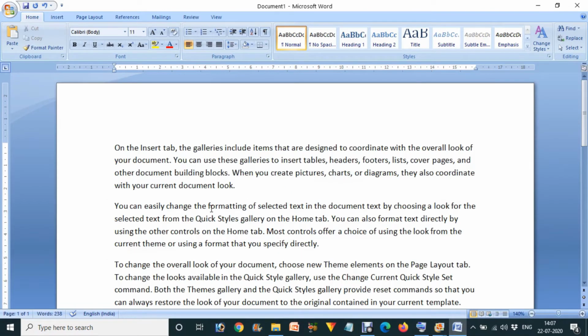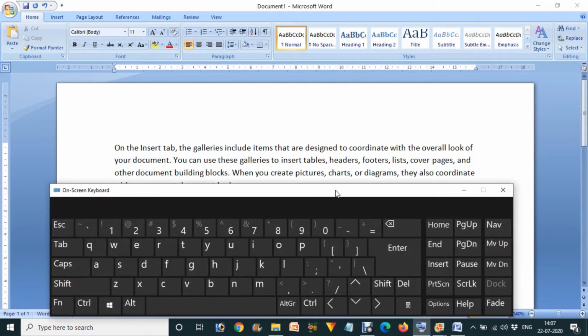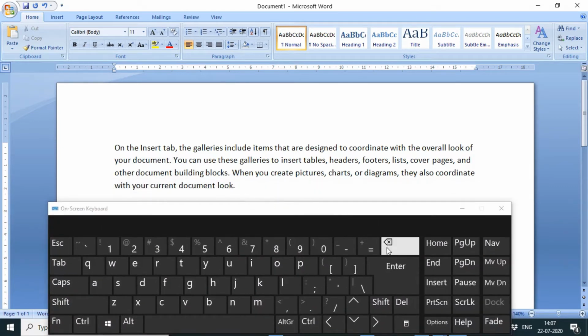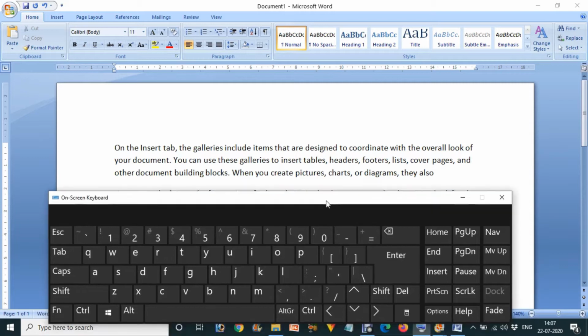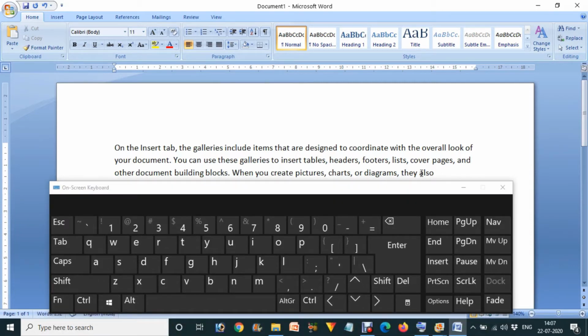Keep in mind that many times it happens with us that we want to select these words, or we want to replace them, or we want to do something with them, and if we want to delete them, then we delete them. I'm using this keyboard. When we want to delete these words, we press this backspace button, and by pressing it one by one we delete these words. As you can see, we are deleting these. But there is a very easy trick to delete these words.